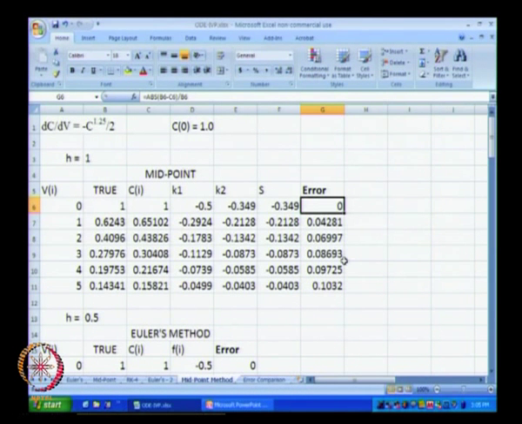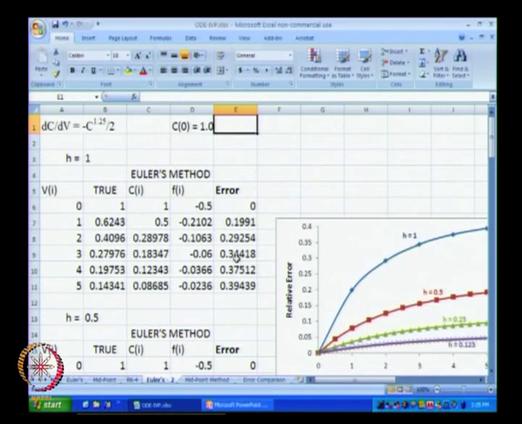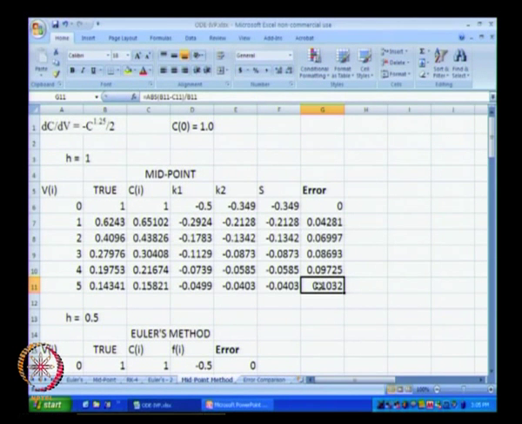So, the error initially of course is 0 because there is no error; the value of initial concentration is known perfectly, and then the overall error starts increasing gradually, and at volume V equal to 5 we have 10% error in computing the numerical value using the midpoint method. If you recall what we had in Euler's method, I believe 40% error, right? Yes. So, we had 39.4% error when we used Euler's method, and when we are using the midpoint method